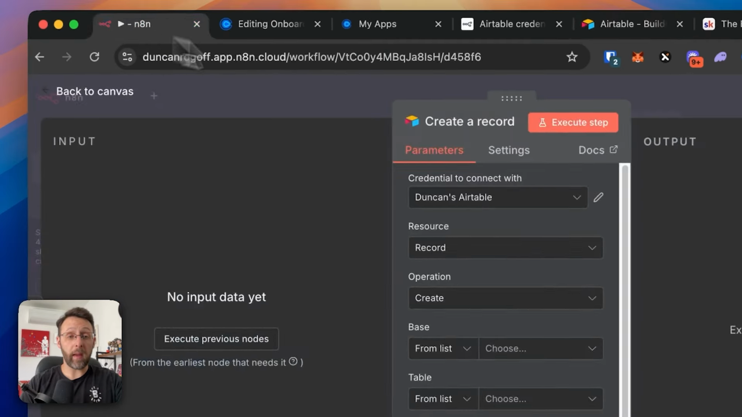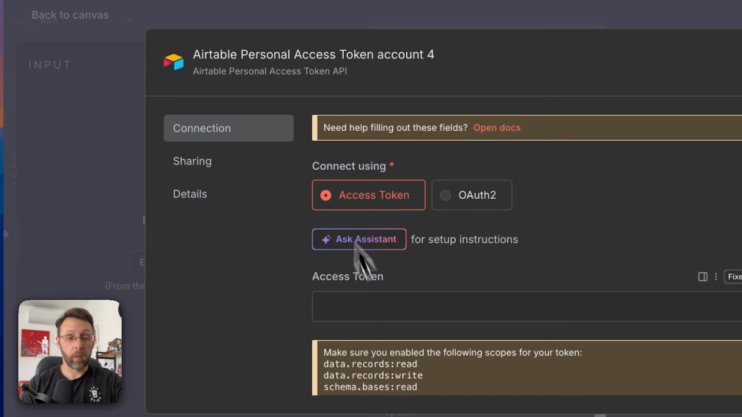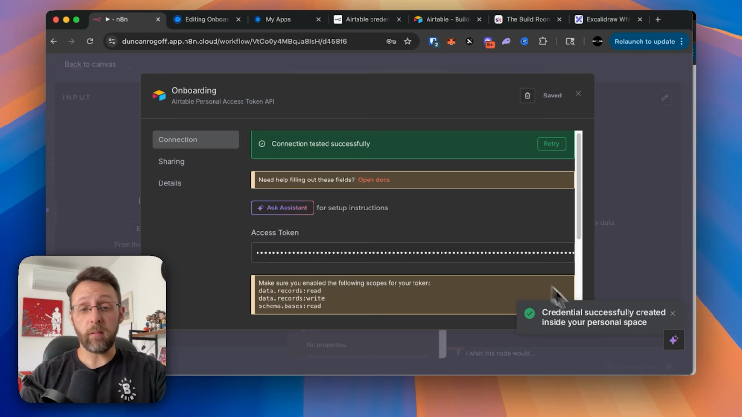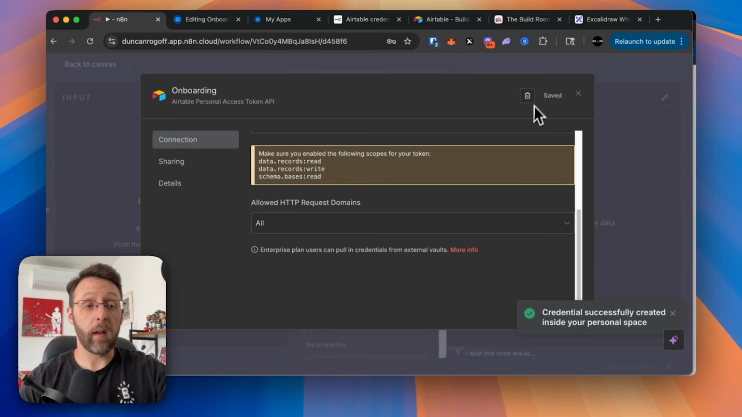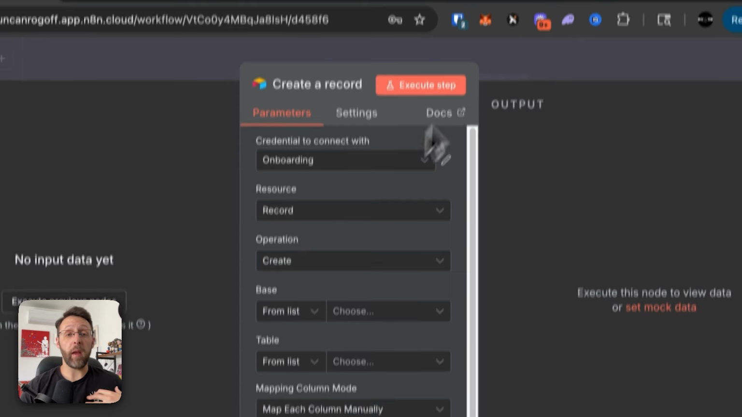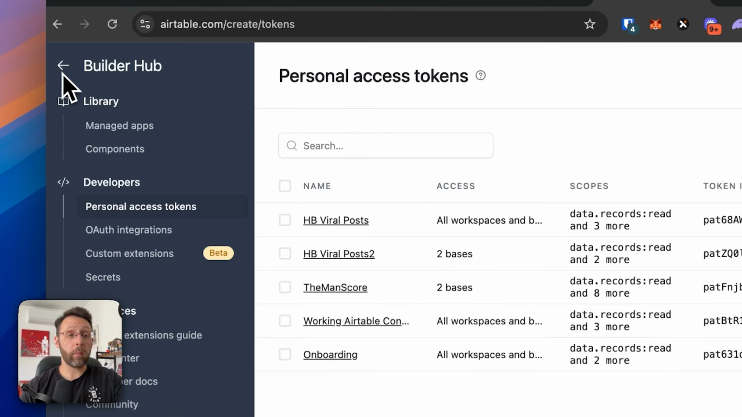Copy this, come back into N8N, and we can go in here and go to create new credential. We can just paste in our access token, go ahead and call this onboarding, and click save. This says, great, credential successfully created. Awesome. And now if we come down into the bases, we can see we have access to all of our bases, but we actually need to create a base to store everything in. So if I come back into Airtable, come out of the Builder Hub,